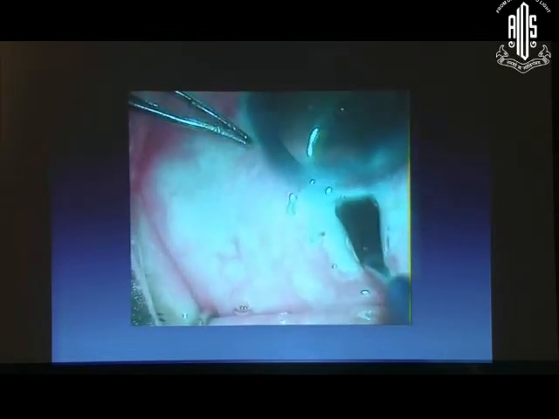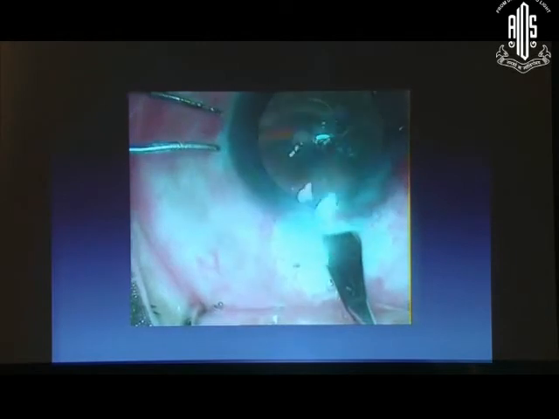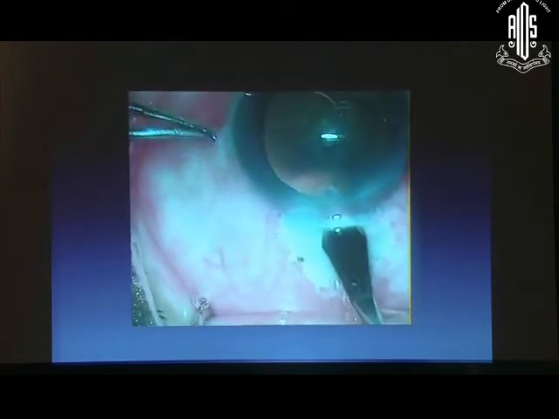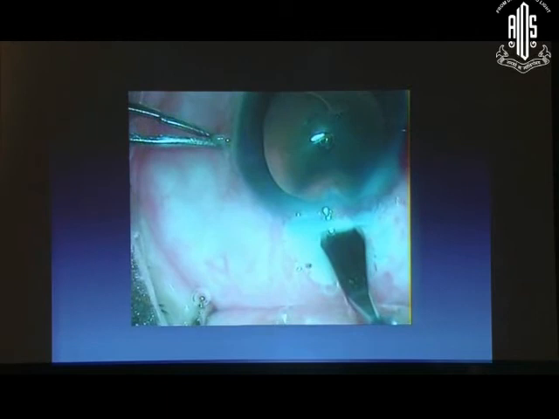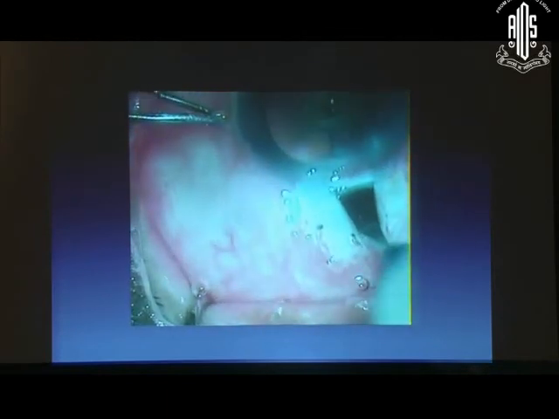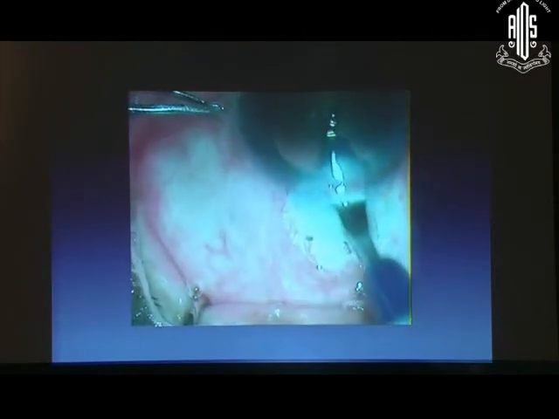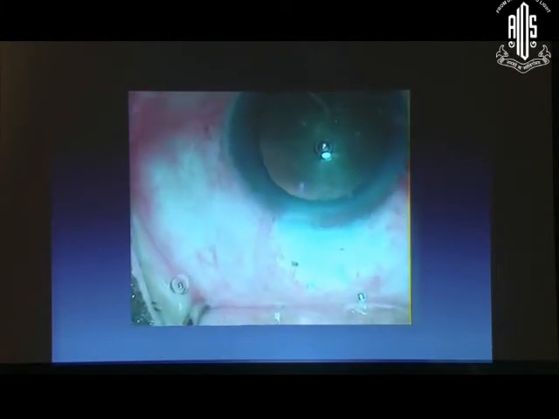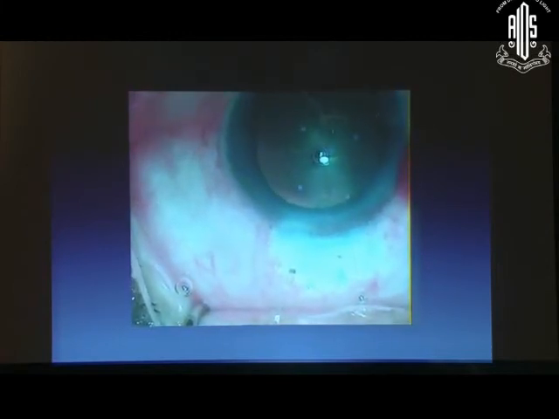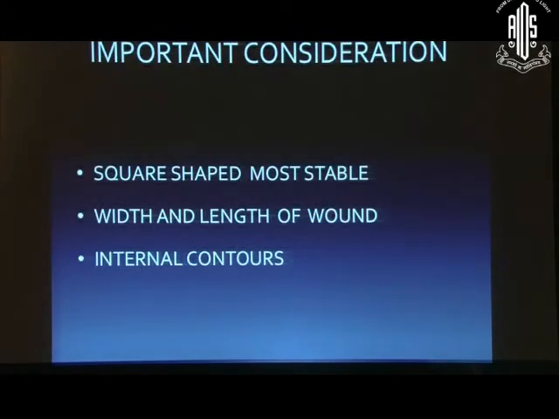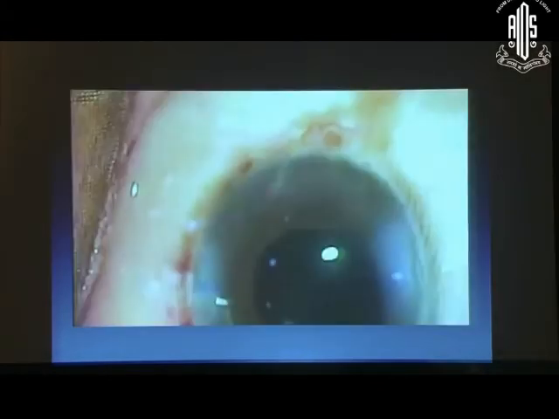Another thing that can happen, and I want you to concentrate on the internal lip of the incision here, is that you are going to get a bevel shape. And this is not good because you are going to induce astigmatism with such an incision. If you look at the internal lip, we have a screw. So ending up, very important is a square-shaped incision and the hydration, where it's very important to keep your AC from collapsing. Make sure that there is no egress of the fluids from the exterior into the interior, because this can sometimes cause endophthalmitis.